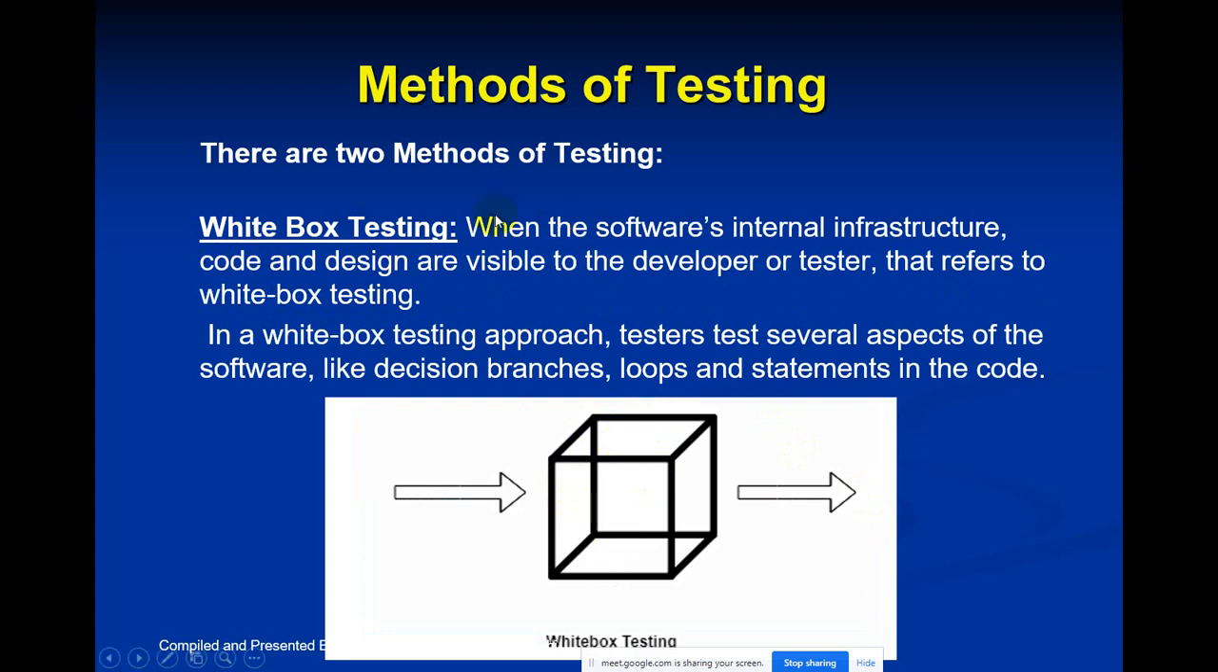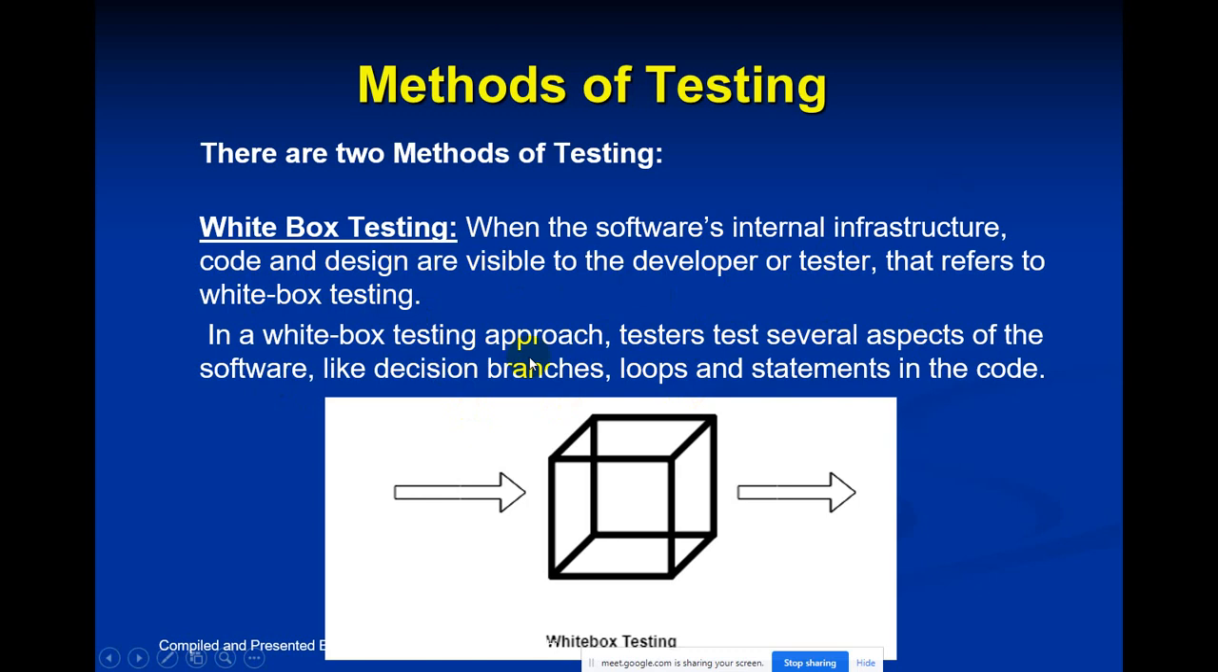So that means when the software's internal infrastructure, that means code and design, are visible to the developer or tester, that refers to white box testing. So we open the code, we look at the code, and then we try to find out the error. So now in a white box testing approach,